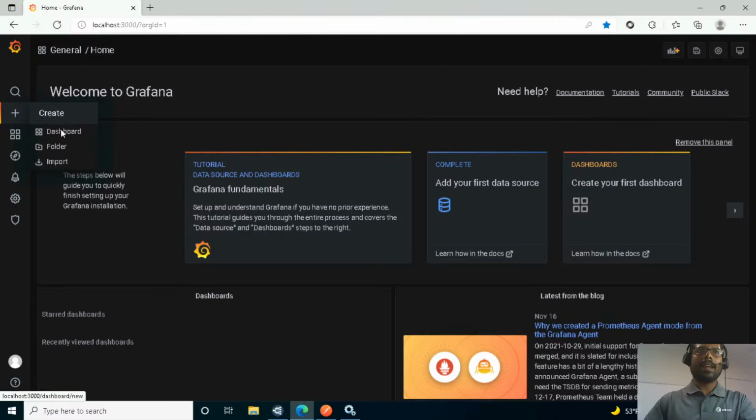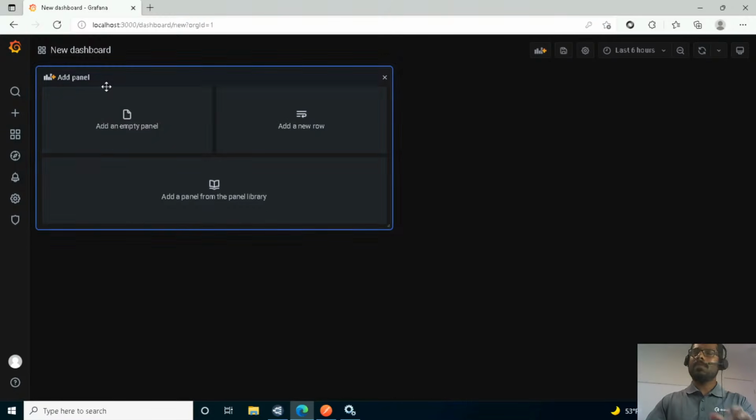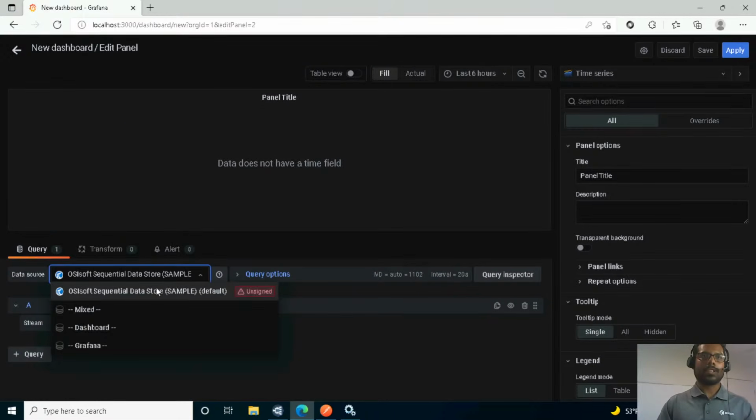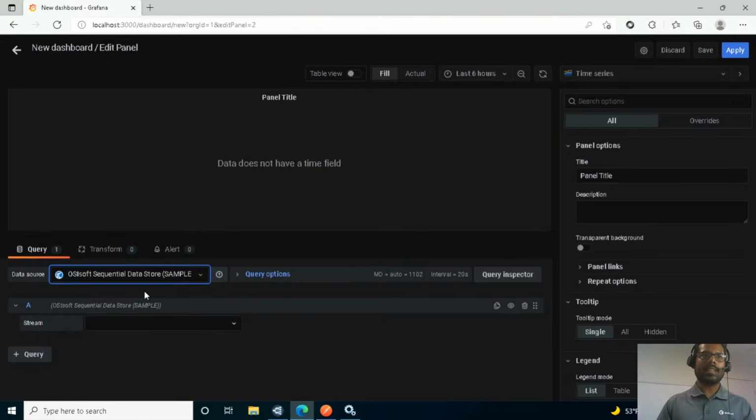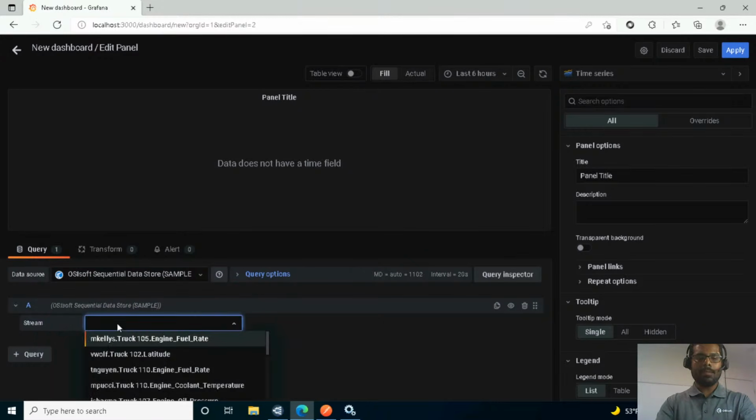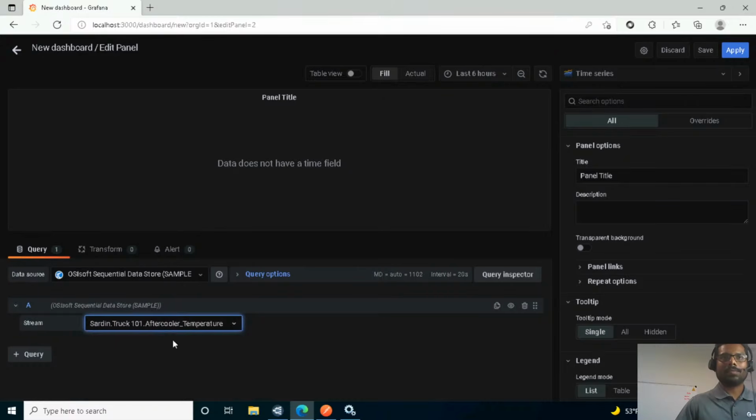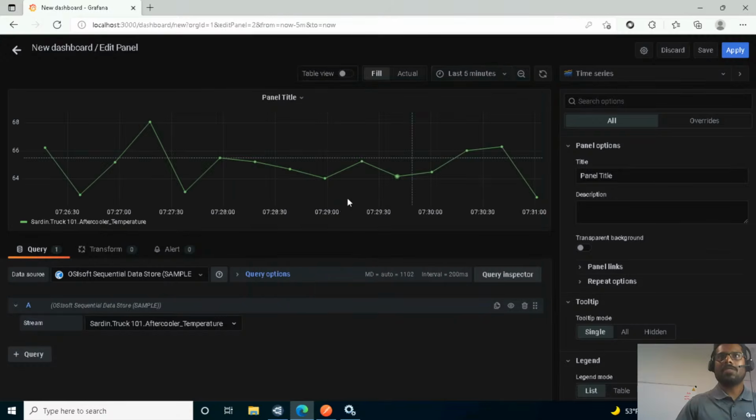So within Grafana, I can create a dashboard. And in Grafana terminology, a dashboard is nothing but a collection of panels. I can add a panel, and in this case, I can select OSIsoft Cloud Services as the data source. When it comes to the stream, I can select a stream that we have just created, southern truck after cooler temperature. I can choose time series, I can choose a time range for the last 5 minutes, and it's going to simply show me,